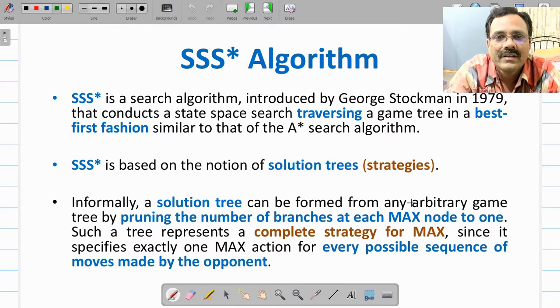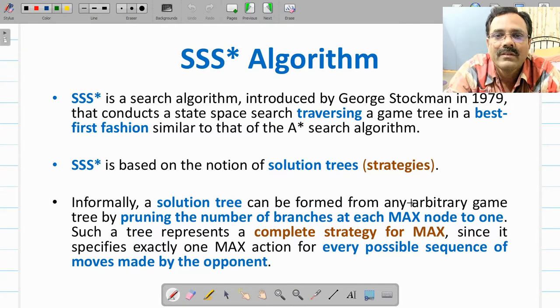So at any time t, alpha cannot be greater than or equal to beta. That means the minimum that the maximizer has to take from the minimizer should not be greater than the maximum that the minimizer can give to the maximizer.